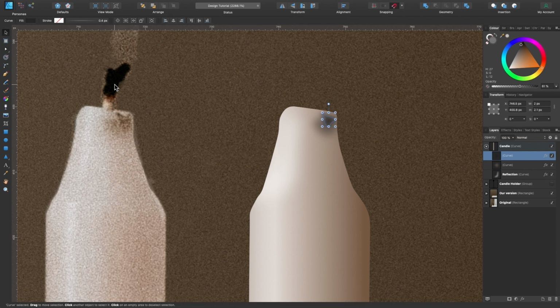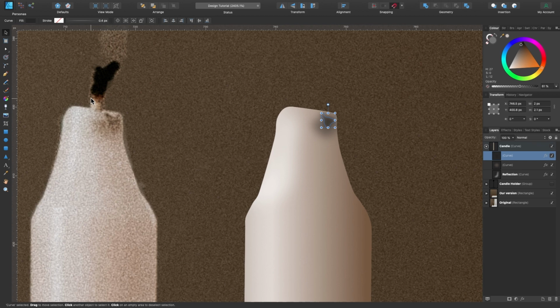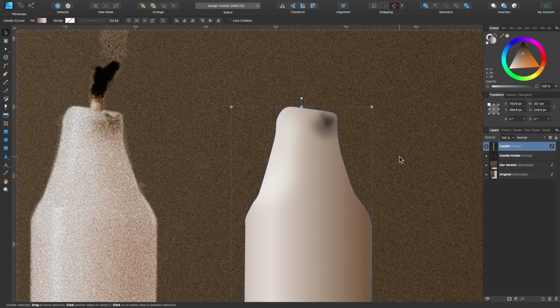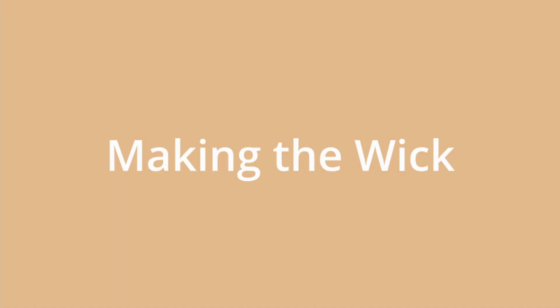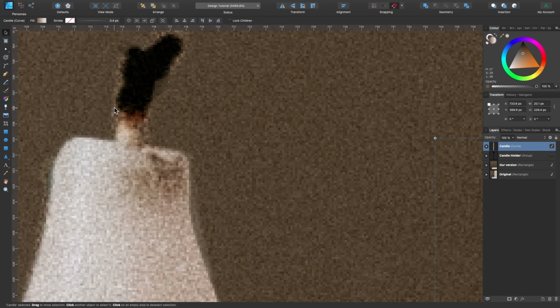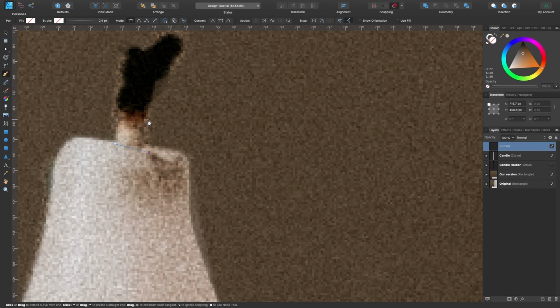Let's work on this wick over here. So again, I'm going to copy from this one. So I just click on candle. So whichever one we make goes on top, right? I'm going to head on over and start drawing out. I think this is a 2-parter. So I'm just going to use the pen tool for this. Just going to click anywhere around here.